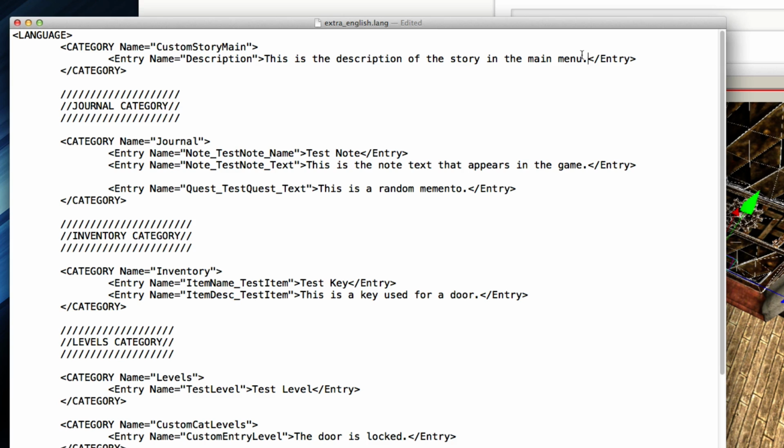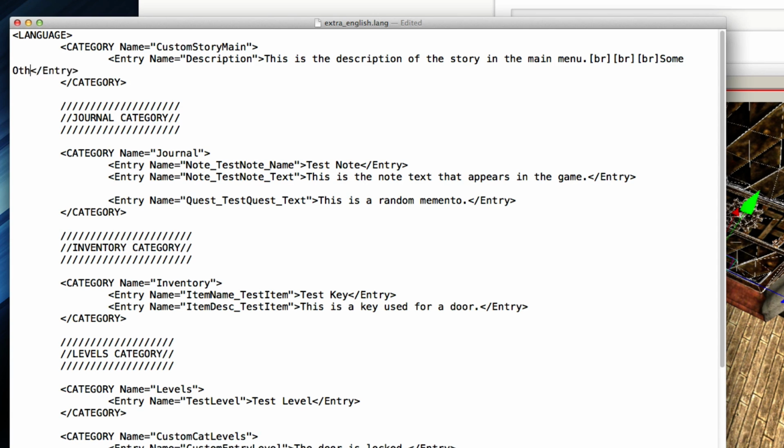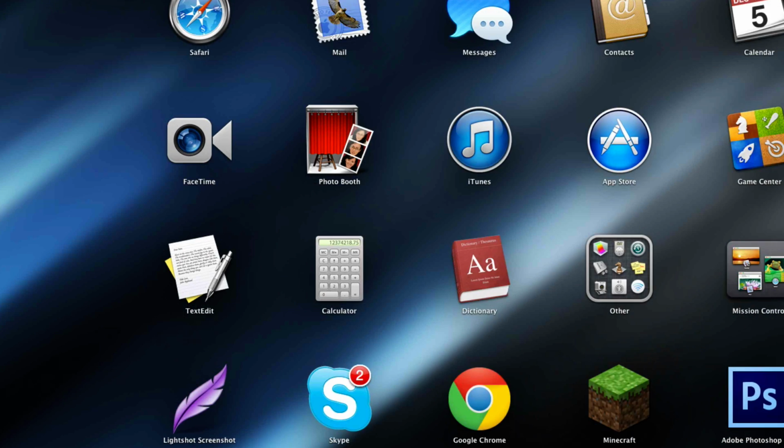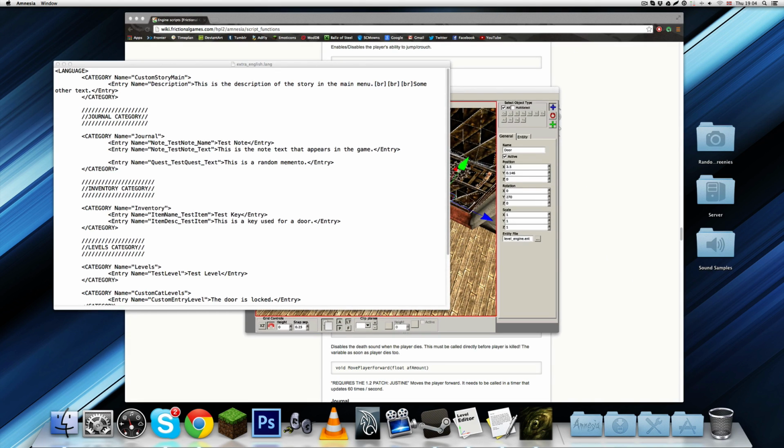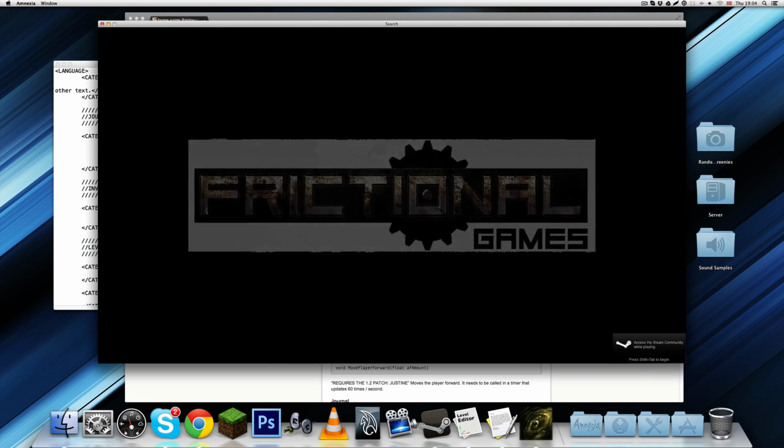So if you want to break the line and make some space, you want to do square brackets BR. Square brackets BR is another code for break, which is just going to break the line. And if you put that one, I'm going to put 3 of them, BR, BR, BR. And then I'm going to put some other text. Save that. And that is going to add 3 empty lines to the little description or the text or whatever. You can do this in pretty much any...